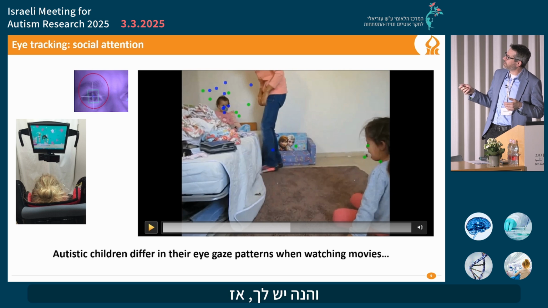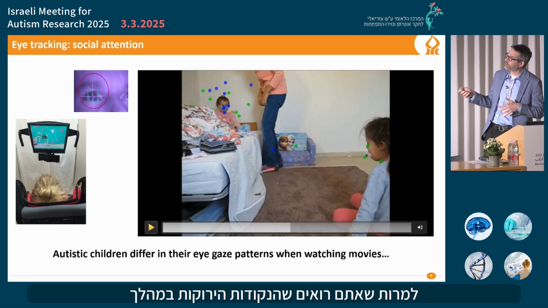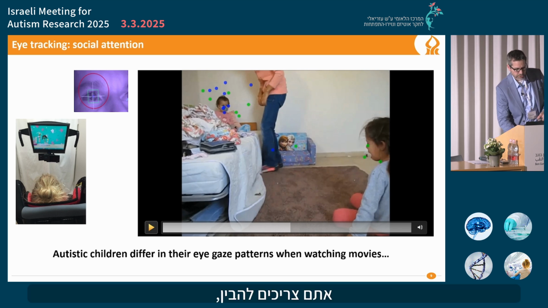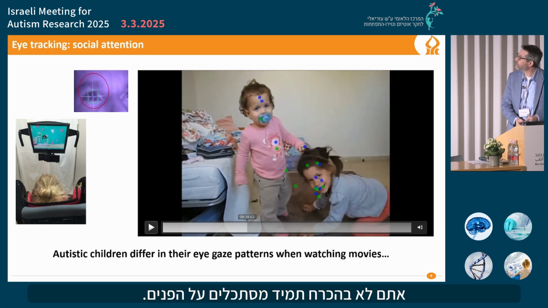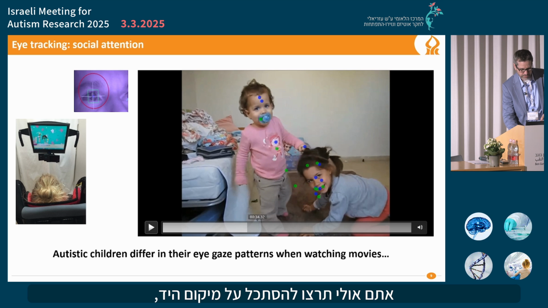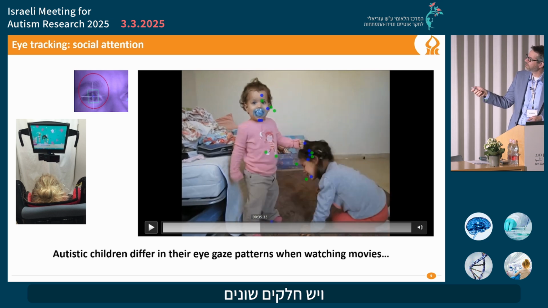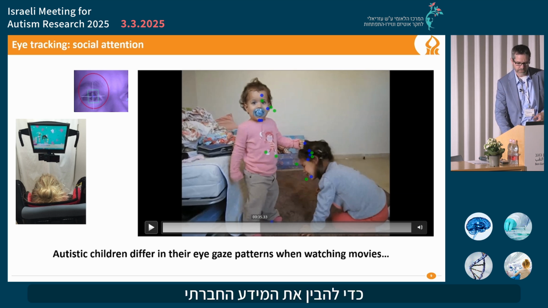When you talk about eye tracking and these kinds of social stimuli, children with autism tend to look less at faces, even though you see that the green dots were on faces during most of this movie. But you should note that in order to understand this social interaction, you don't necessarily always look at the face. You might want to look at the hand location, and there are different parts in this interaction where you need to do that in order to understand the social information.